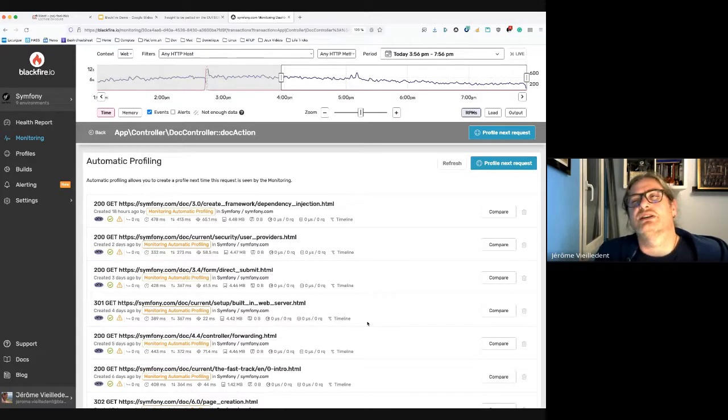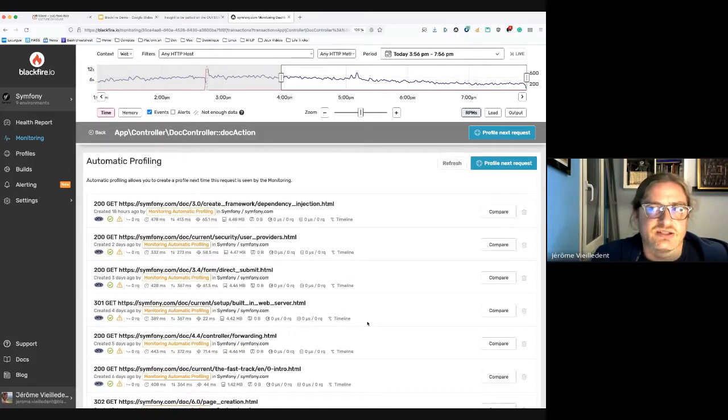So this might be counterintuitive because I said that the profile has a maximum overhead, and that's correct. But usually traces, like monitoring information that you're getting with the monitoring system, are not enough. You really want to know what's going on within the application and how your users are using it, in which maybe they're misusing it because you didn't expect how they were using it. And that's why we do automatic profiling.